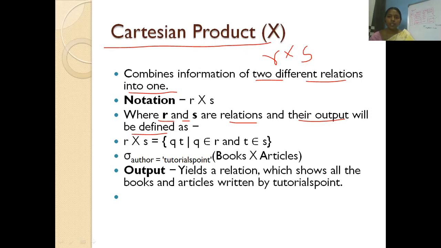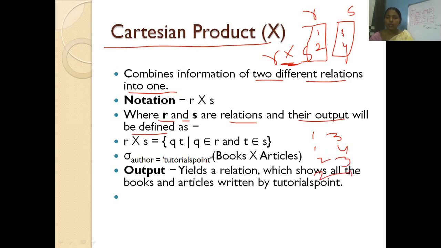Consider in a table R, I have only numbers 1, 2. In the S table, I have 3, 4. Right? So, if I perform R and S, how will the results be? 1, 3, 1, 4. Next, 2, 3, then 2, 4.